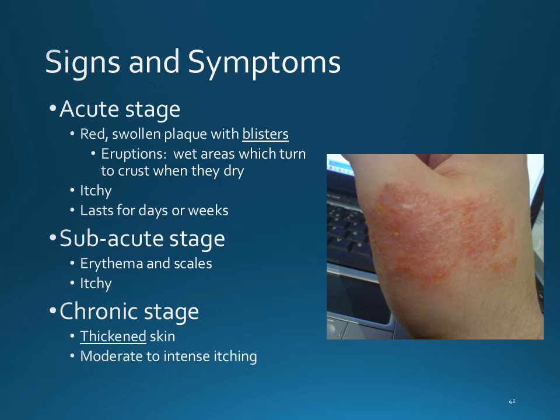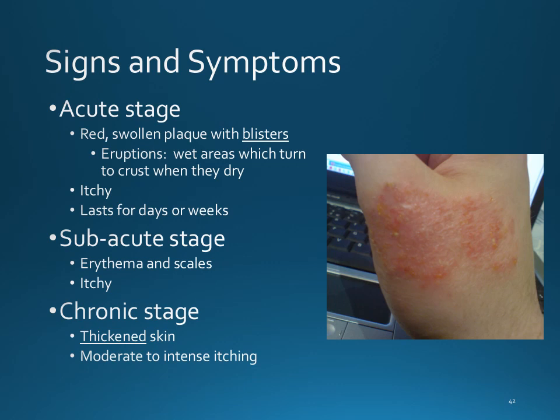Once those get unroofed, you get this subacute stage where you've got scales, because it kind of crusts over where those vesicles were unroofed. You can see in both stages, subacute and acute, you've got itchiness. Again, if the patient can leave it alone, it'll probably be fine and get better very quickly.